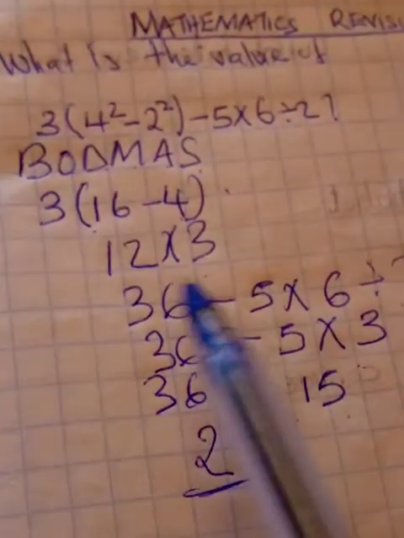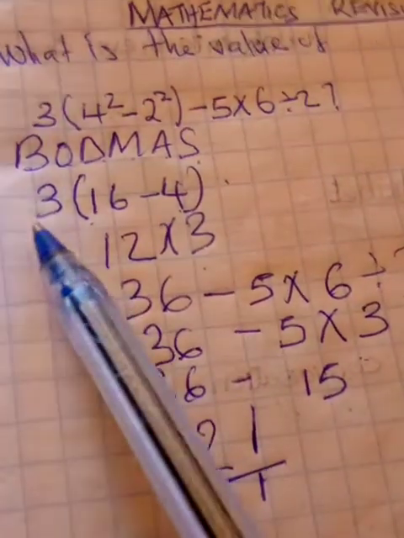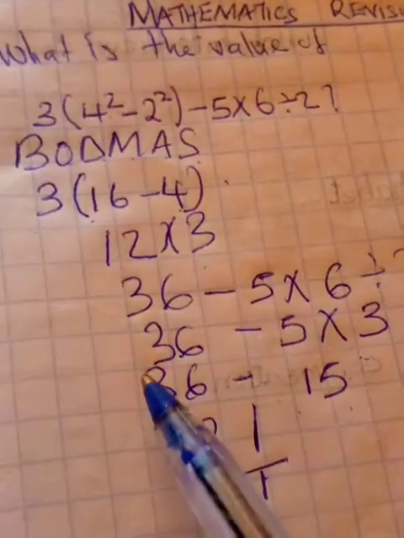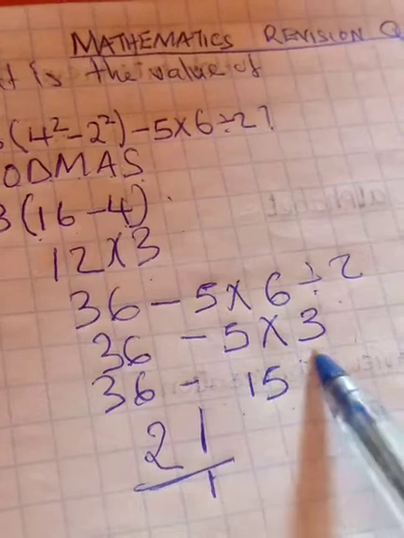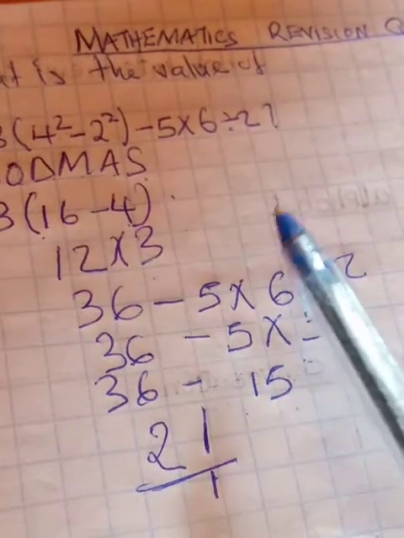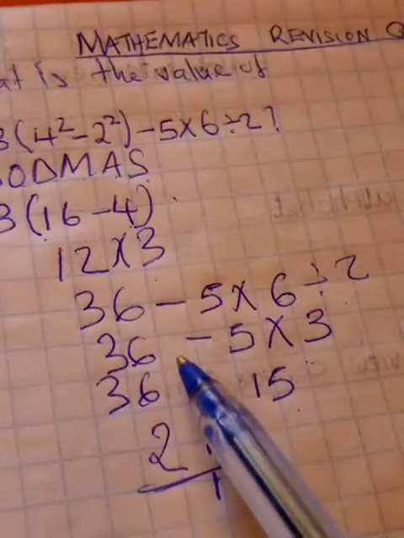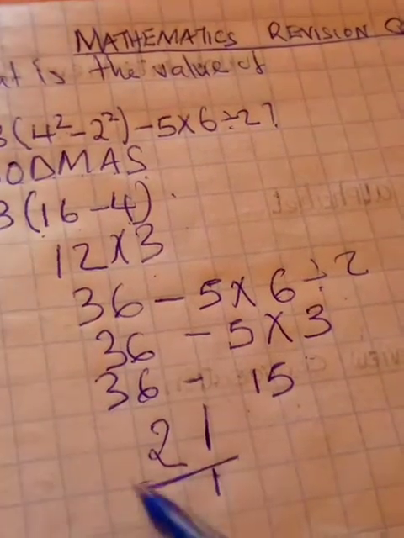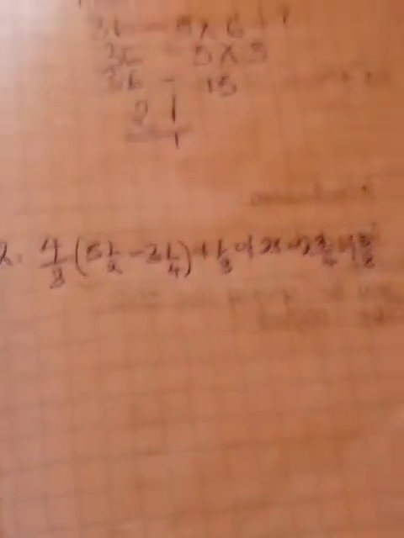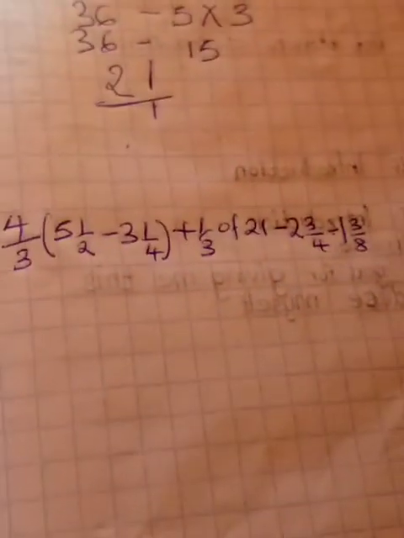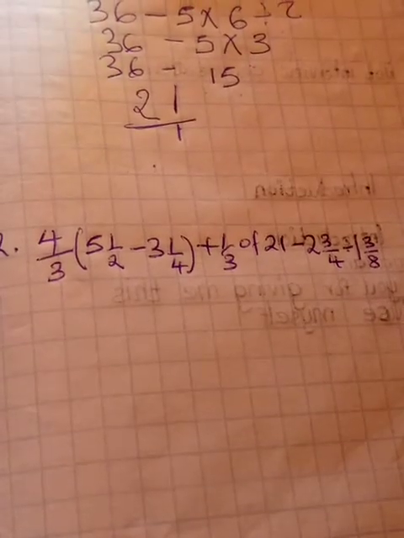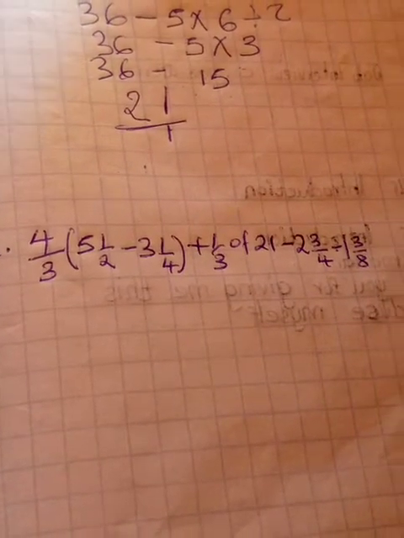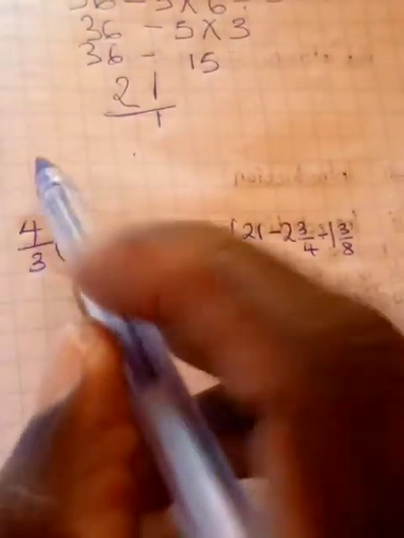So we have followed BODMAS. We started with the bracket, then we go to division here. After division, we did not have addition, so we subtracted and we got our answer to be that. So I have another problem here which let us try to solve. We are still going to follow BODMAS,